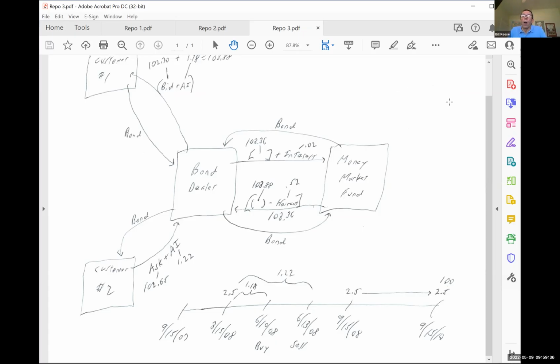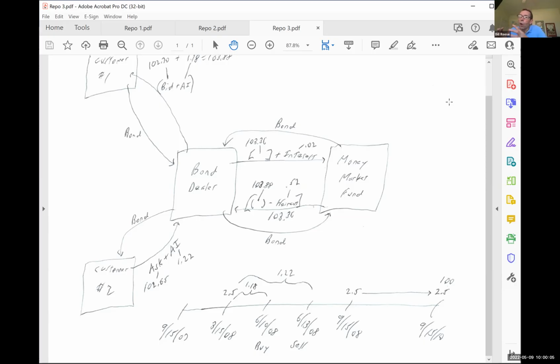Rarely, but once in a while, you will find the repo rate will be higher than the coupon rate. Not very often, but if that does happen, then you've got negative carry, and the bond dealer will be losing money over that period of time. Now, if that's going to happen, the bond dealer knows it in advance, and the bond dealer will actually probably adjust his bid-ask spread to compensate for the fact. Widen that a little bit to compensate for the fact that he knows he's going to be losing some money